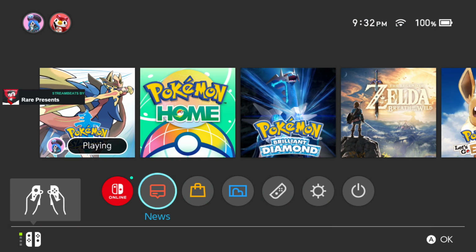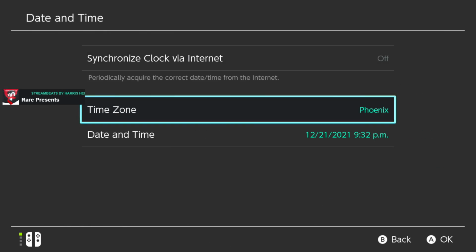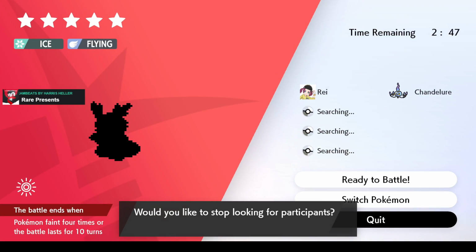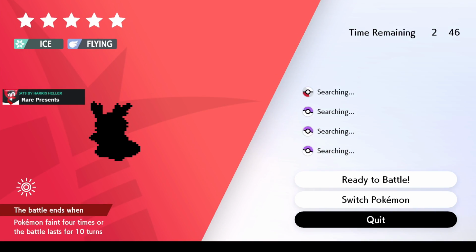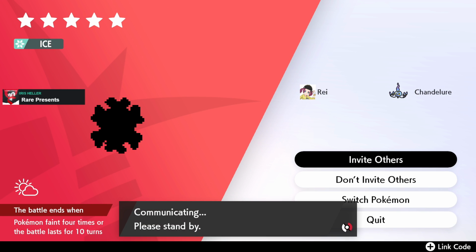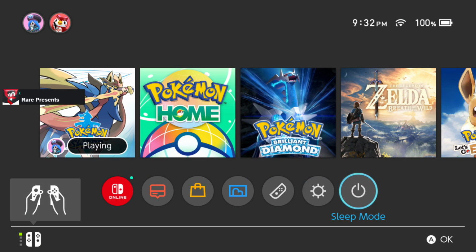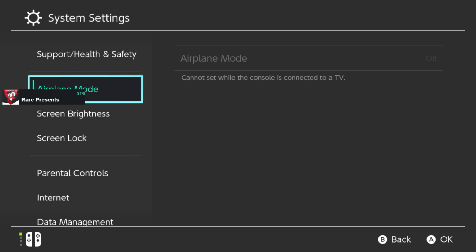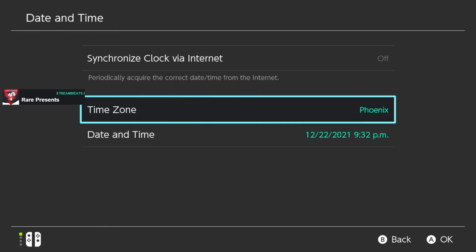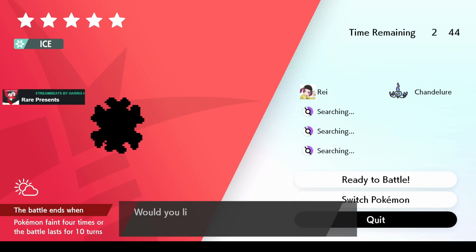But anyways, I am very interested to go get more regional forms. And potentially, by then, I highly, highly, highly doubt it, but potentially I could have my living dexes done by then. Because I still need to get a Deoxys. And then Shaymin and Arceus. Now Shaymin I know I'll get